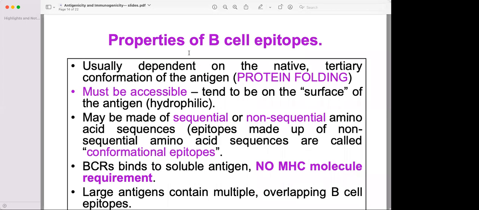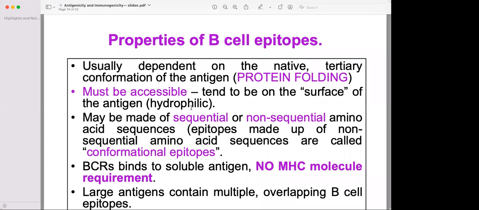So the B cell epitopes are usually in the native tertiary or quaternary conformation of the antigen, which means the protein is still folded and the B cell receptor can nonetheless bind to those epitopes. But these epitopes must be accessible. However, they are easily hydrophilic, which means they are water-liking and can be found in